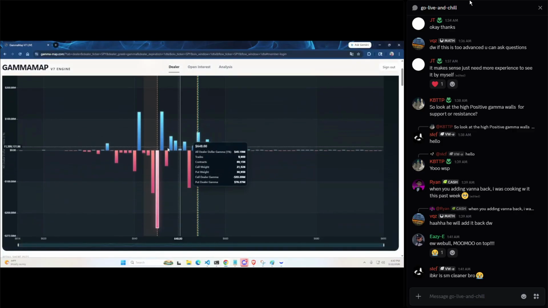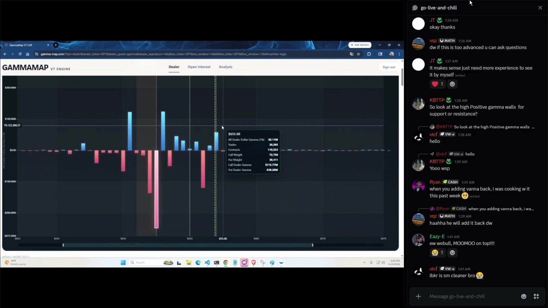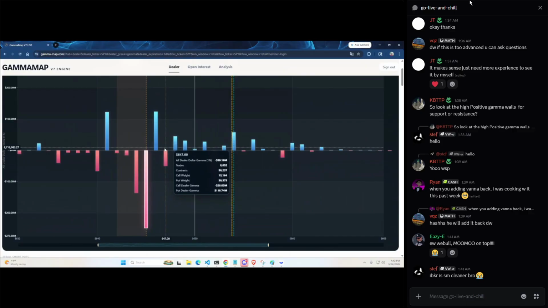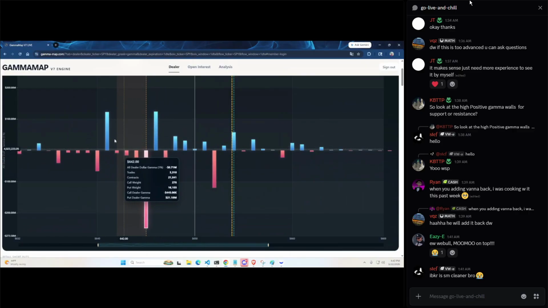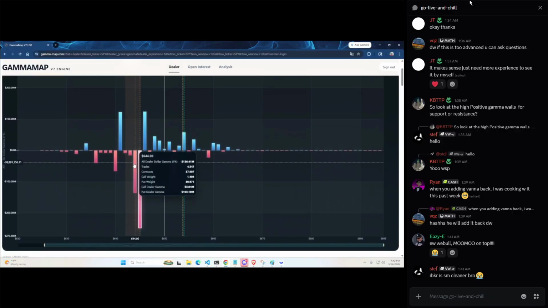So tomorrow, yeah, I'm just kind of keeping an eye. Obviously, overnight, we'll see what happens. I know Trump did some stuff over the weekend, but I wouldn't be surprised if we open up below 650 on SPY and we're back to a negative gamma region and some more volatility this week. So tomorrow, I'm just going to be looking out for my levels and seeing what happens with 0 DTE.